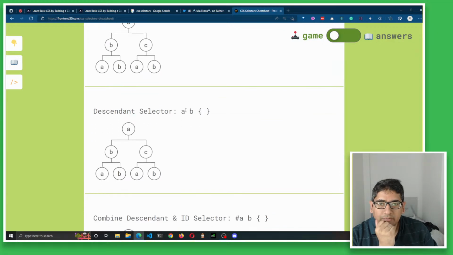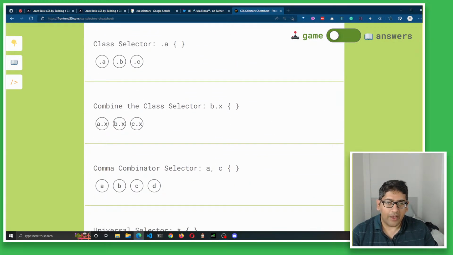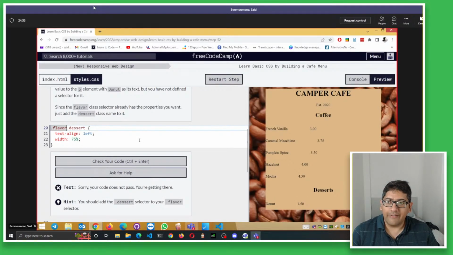When you put a space, what happens? It takes all the descendants. So if this is A and space B, it means every B under it, every B inside it. But if you have A comma C, it means A and C, no child or anything like that. So when you do flavor dot flavor,